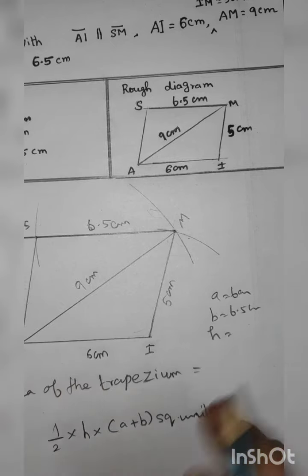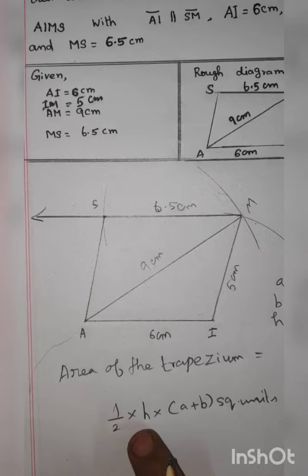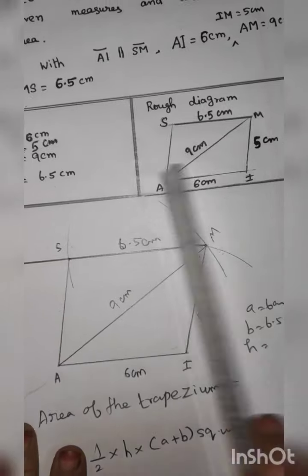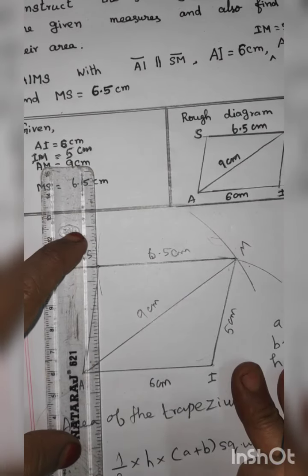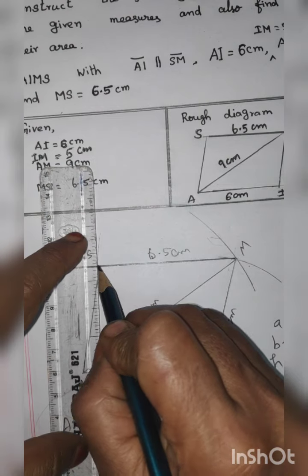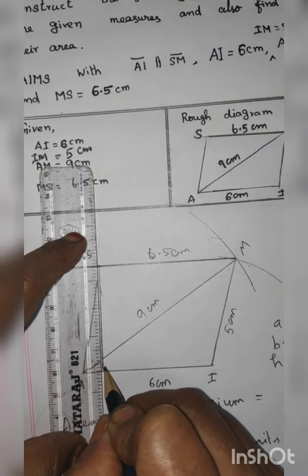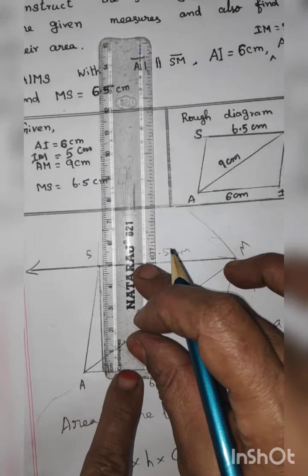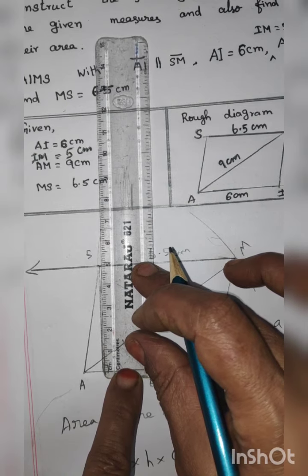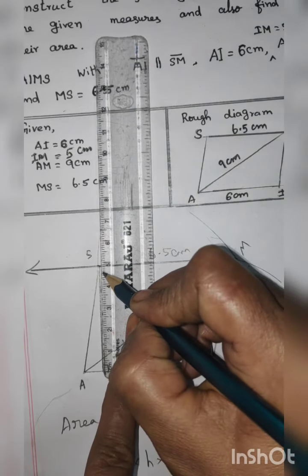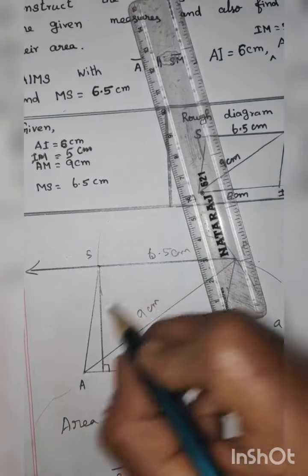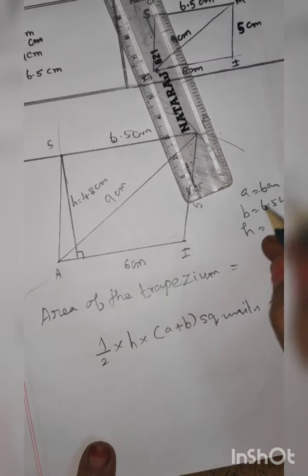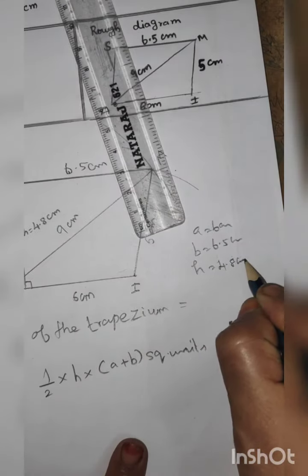What is the value of H? Here there are three letters, H, A, B. A and B values are known, the H value we want to find. How to draw that? From the S point, draw one line straight down. This is the H, at 90 degree. So put one box, this means 90 degree. Here too you measure how much it is. It is 4.8 on the line. Now H value equal to 4.8 centimeter. Here you write H value equal to 4.8 centimeter.